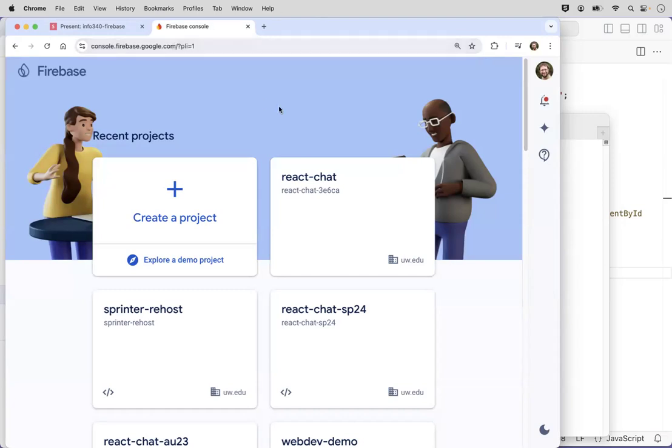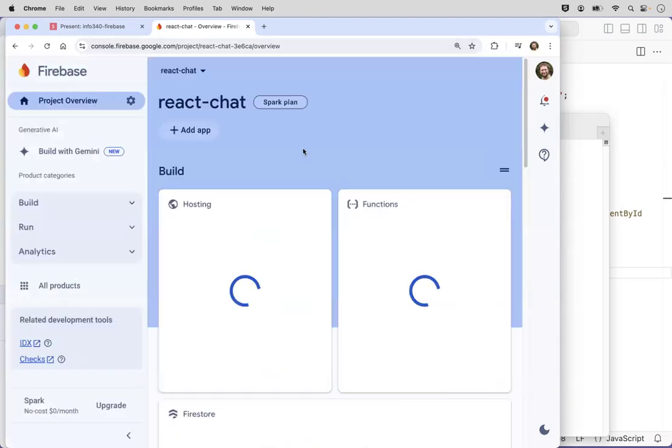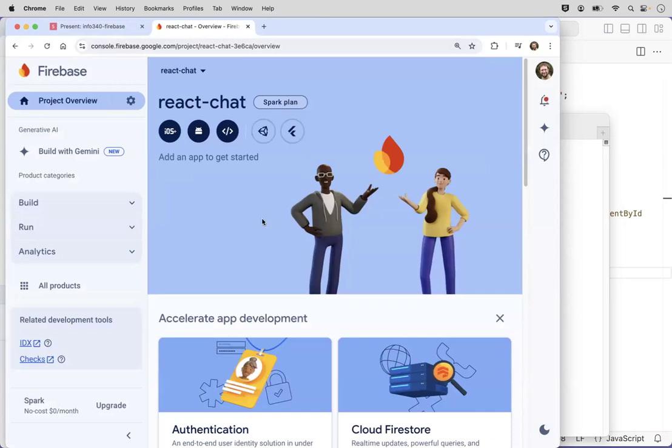Okay, so you can go ahead and create your React project. I'm assuming you've already done that. In this case, we've already got our React chat project that's going to work alongside our React chat application that we've been building. So if you click on that, you get to the main dashboard homepage for your application. The way to navigate this is on the side here, under project,